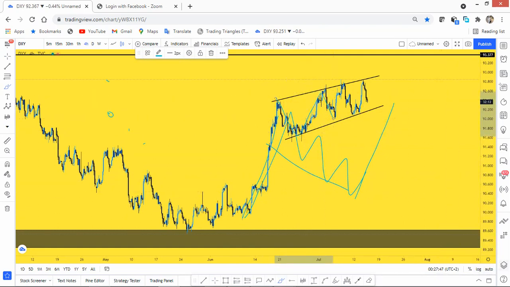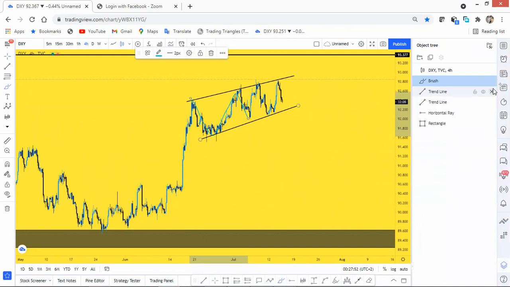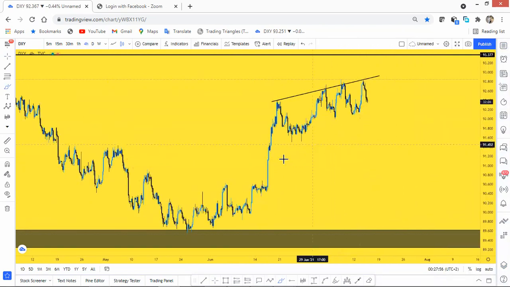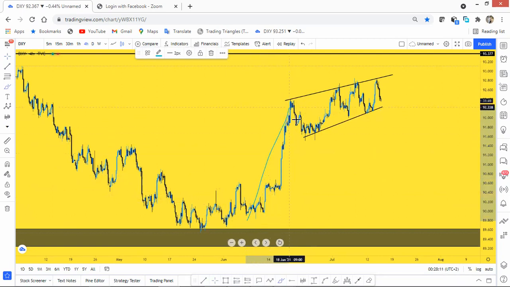Let me just delete this. I like to keep my charts very simple, so I'll delete this for simplicity. Okay, coming back to the live market, we have an impulse move, correction in the same direction of the impulse